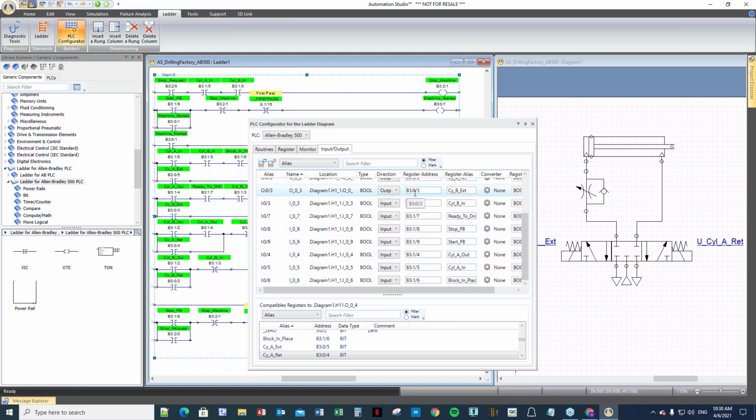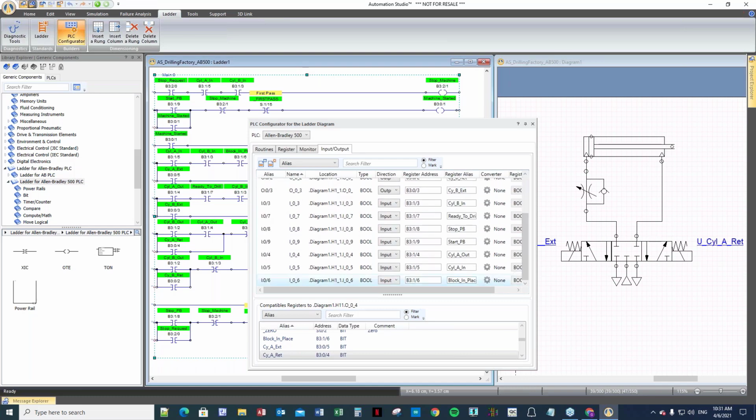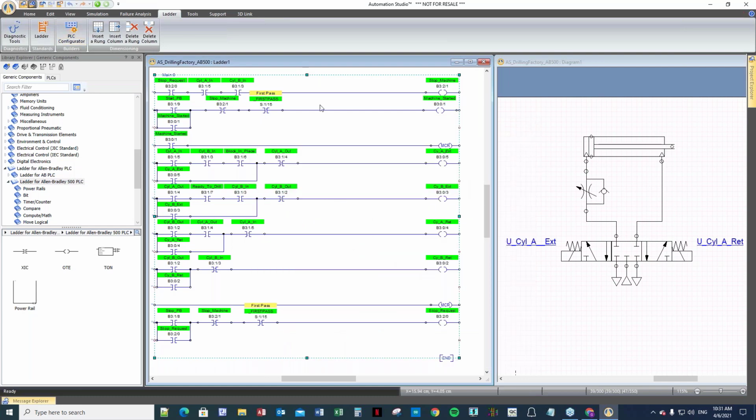So I selected the B3 area. I took a range of B3 0 register, and I took the bits in the B3 0 to represent my outputs, and the B3 1 to represent my inputs, and then I created here the register alias for each one of these addresses. And then once I created this section here, it's very simple after that to go here and start the